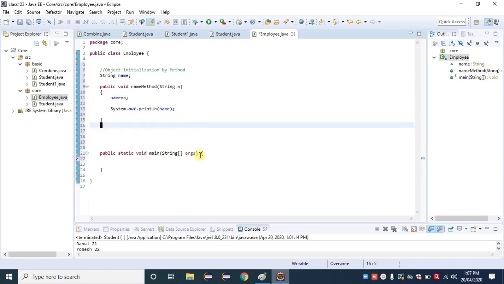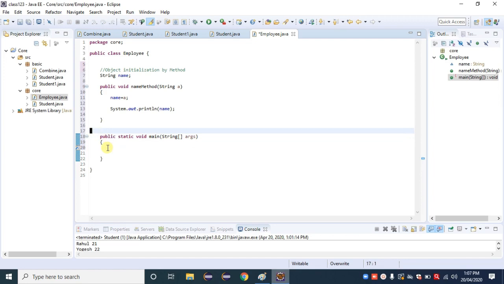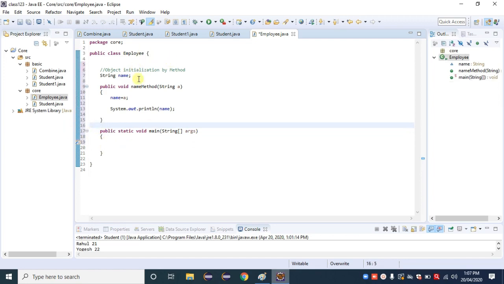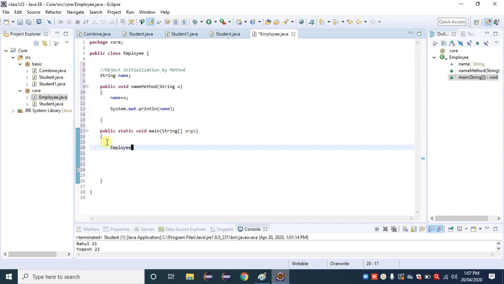Now just call that method. We have already learned how to call a parameterized method. The logic, the process is similar, nothing too different. Create an object of Employee using E1 as a reference variable, equal to new Employee, semicolon.